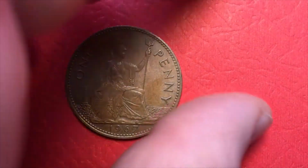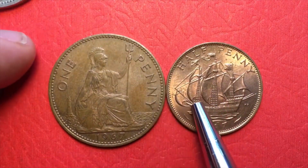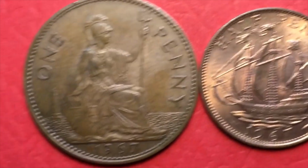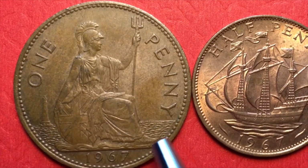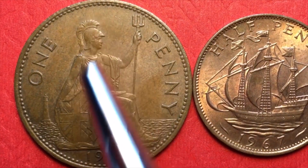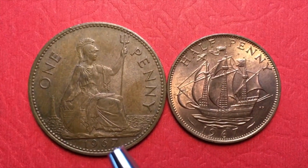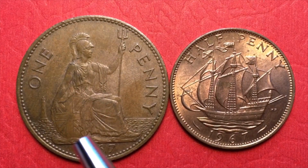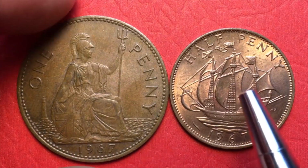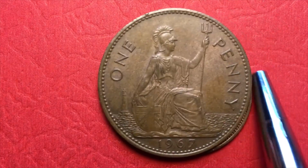The next in line was the 1 penny coin. So this was worth twice what the half penny coin was, and it was about twice in volume as big as the half penny. And this is just a beautiful coin also. It's Britannia with a shield. She has a trident, and a lighthouse in the back in the seas here, 1967. Britannia rules the waves. In 1967, they ruled the waves a little less than they had a century earlier, or 2 centuries earlier, but they still are, even today, a big seafaring nation. So we have 480 of these, then we have 240 of these,